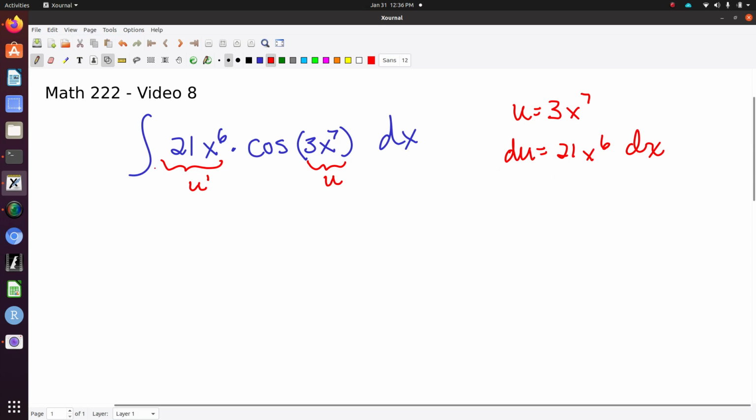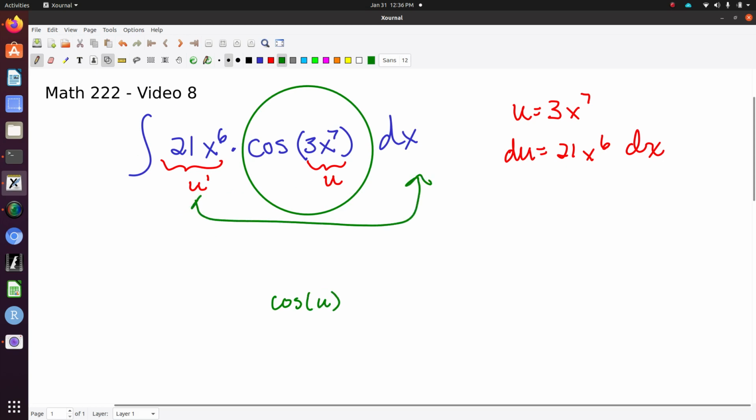And what does that mean? Well, that means there's a conversion going on. So we're going to take this piece here, we're going to rewrite it as cosine of u, and then we're going to take these two pieces together, and that is du, and we're going to take an integral of that. And now we can go ahead and take the integral of that. Since the derivative of sine is cosine, then we've got this going on,